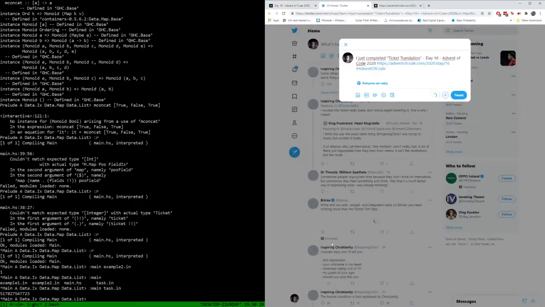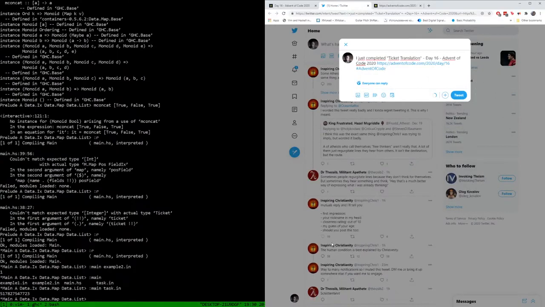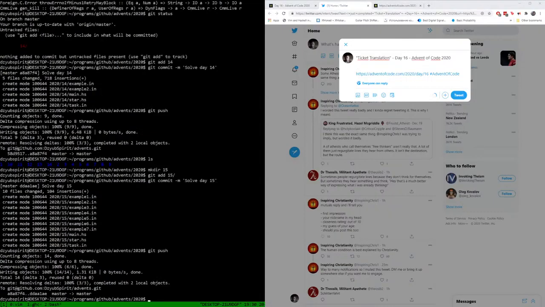So what's interesting about this task? This would be the last task we've done today, but what's interesting about this task? First of all, parser combinators are amazing. Second of all,